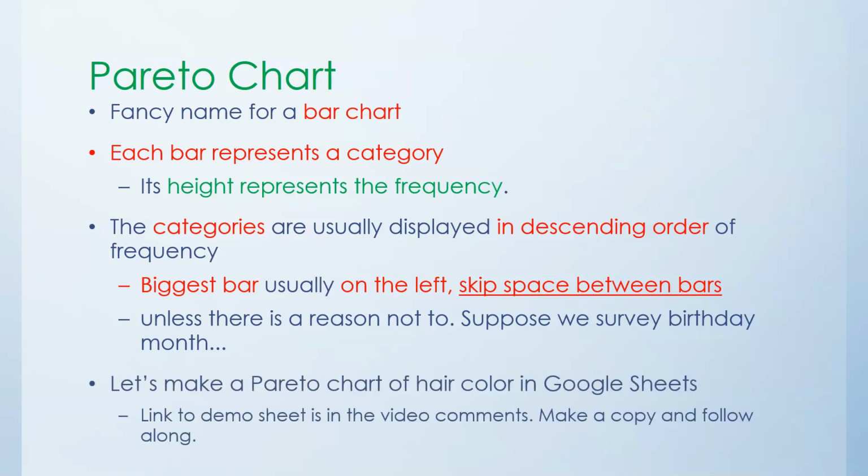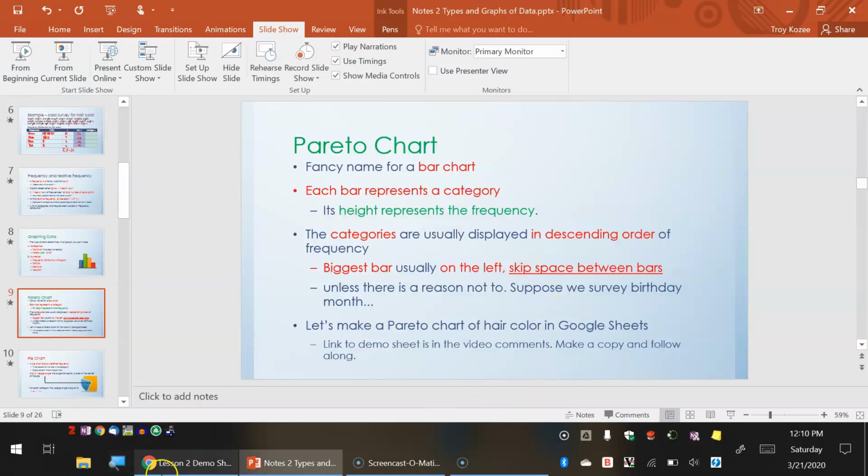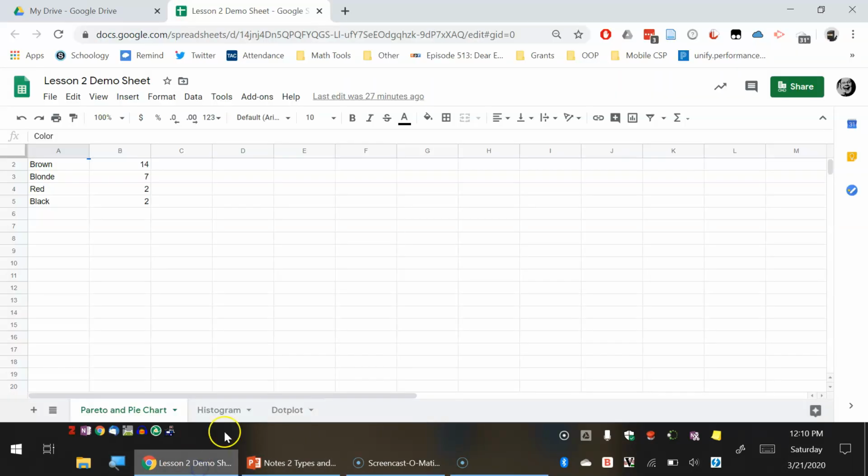Okay, so let's make a Pareto chart on hair color in Google Sheets. So I'm going to break out of this presentation for a second. I'm going to go over here to my web browser. The link to this is in the comments to this video. So hit pause, bring this up, and make a copy. Okay, so